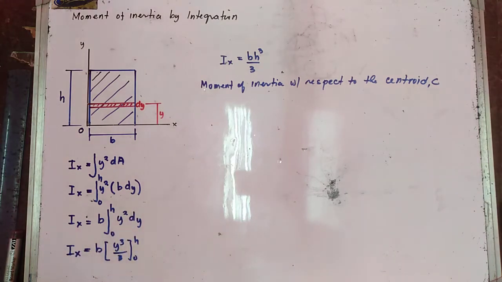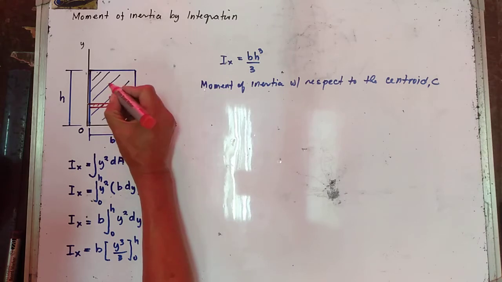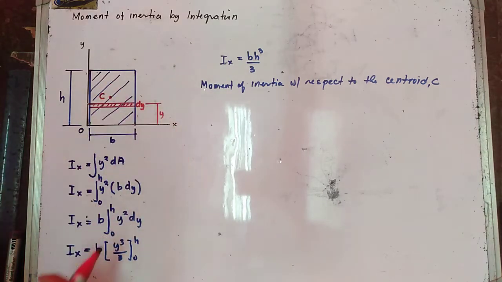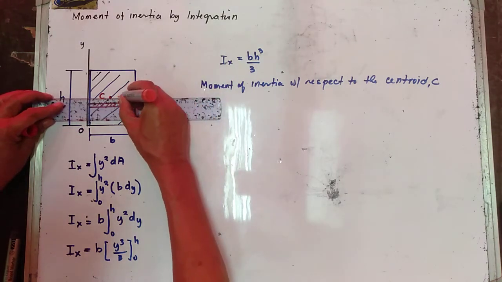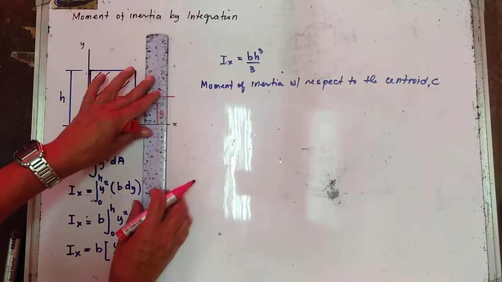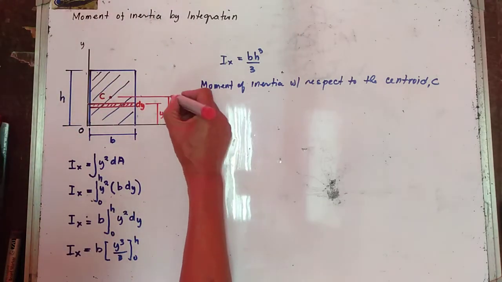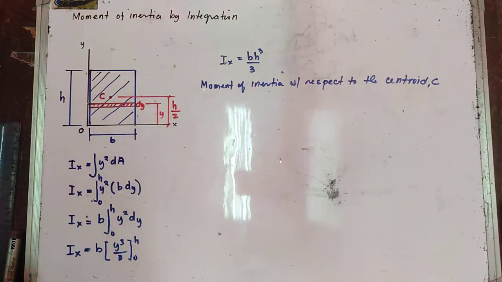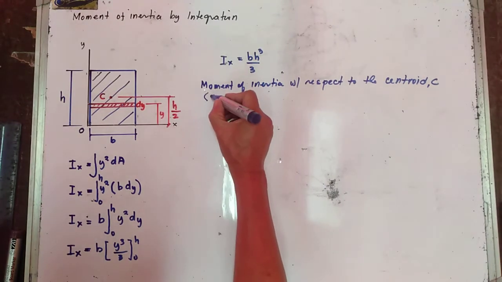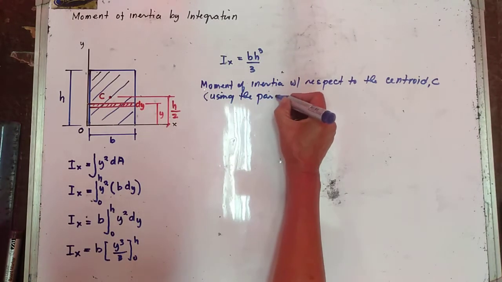Okay, so let's consider now that the centroid of this rectangular area is located at this point. So that is now the centroid, such that the centroid of this area is h all over 2 from the x-axis. So this is h all over 2 from the x-axis. So that is now your h all over 2. Now, let's try using the parallel axis theorem,